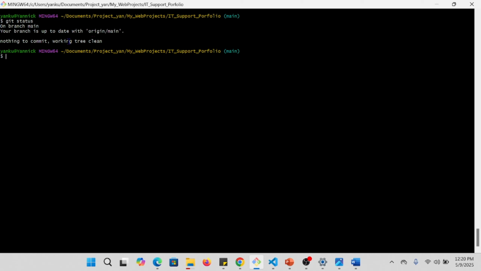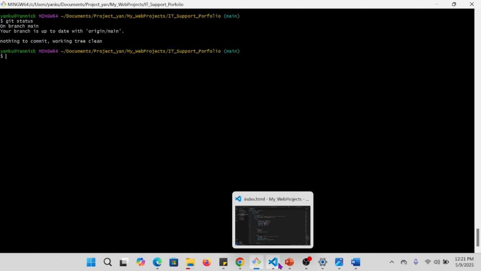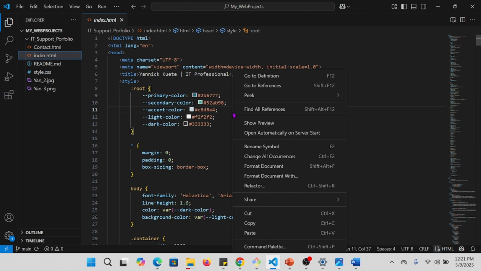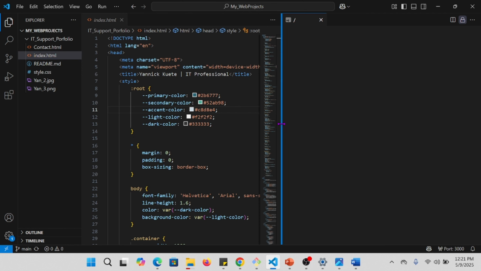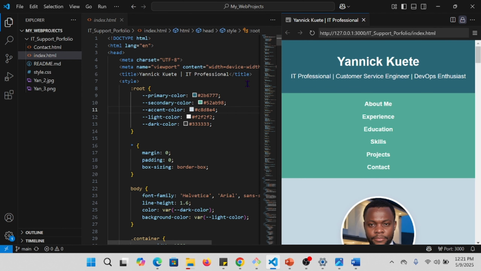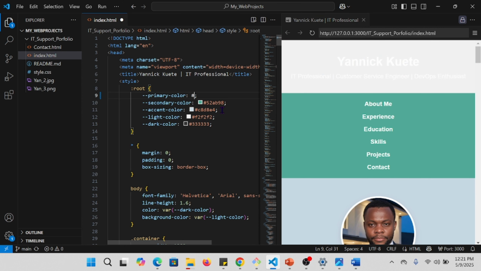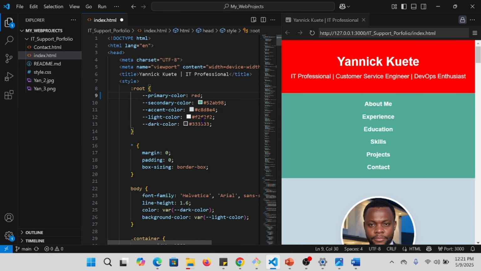When I'm running git status without changing anything, you see your branch is up to date, there is nothing to change. So I'm going to preview this page again, and I'm going to change that primary color to red, and you'll be able to see that red color show up just on my header on the section yarn created. So once I do that, I'm going to save my index.html and come back on Git